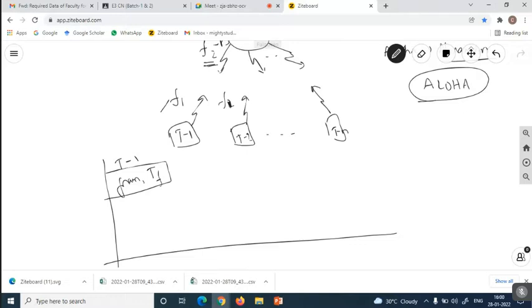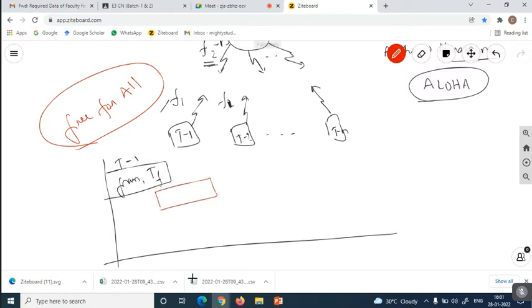so no need to provide a particular procedure, so any terminal can transmit at any time. That's why this type of protocol, Aloha protocol, can be treated as free for all, so no restriction for any terminal device. All the terminal devices may send at any time. So suppose terminal 1 is sending one frame TF, and another terminal is also going to be sending another frame, and suppose the time taken by that terminal is TF. So what happens is, during the time of transmission of terminal 1 frame, the terminal 2 frame is also going to be in transmission, meaning that there is a collision between the frames of the terminal 1 and terminal 2 devices.